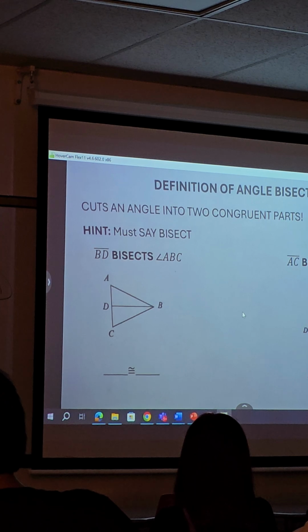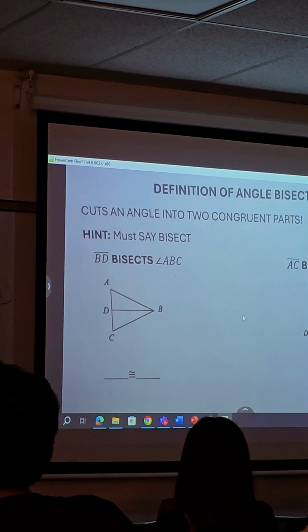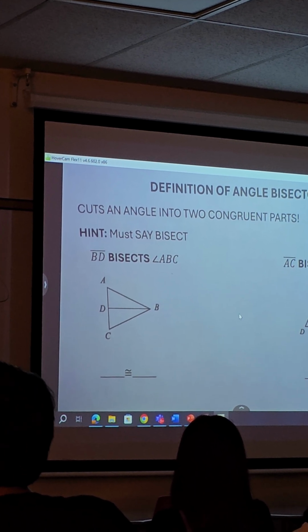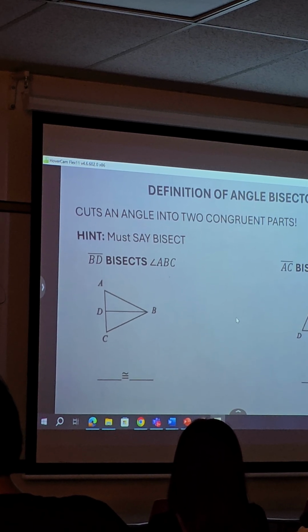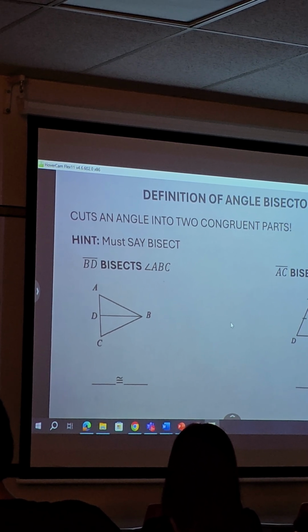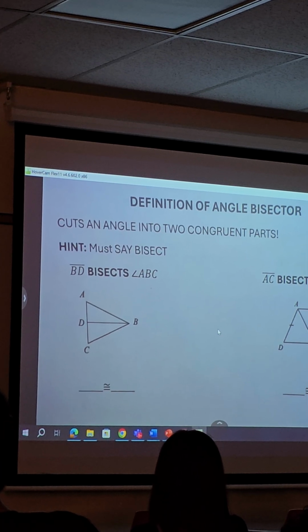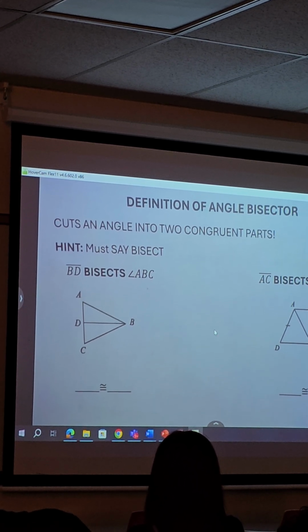But what an angle bisector is, you're cutting it in half. So remember the midpoint? Remember the midpoint, how I said, hey, guess what, if I cut in the middle, we have two congruent parts? Well, same thing. If I made an angle, and I said, I want some of that angle, you're gonna give me half of that angle. So for example,